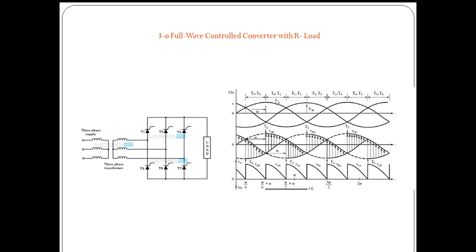Each phase will be changing with respect to time, and accordingly the thyristor in conduction will be changing depending on the instant of the firing pulse. If we apply the firing pulse at alpha equal to 0, then whenever a phase is subjected to more forward bias, the concerned thyristor will be in conduction. So at this instant, phase A will be subjected to more forward bias. From this portion T1 is in forward bias, but here we have not applied the trigger pulse.